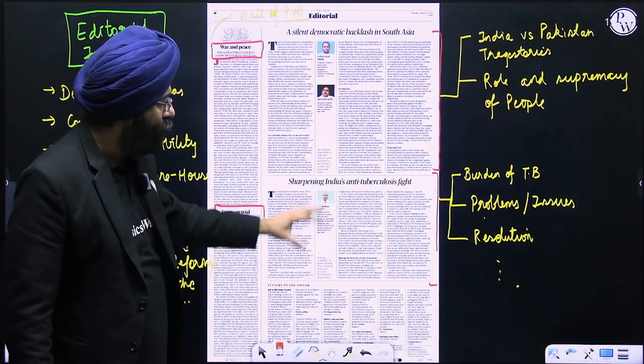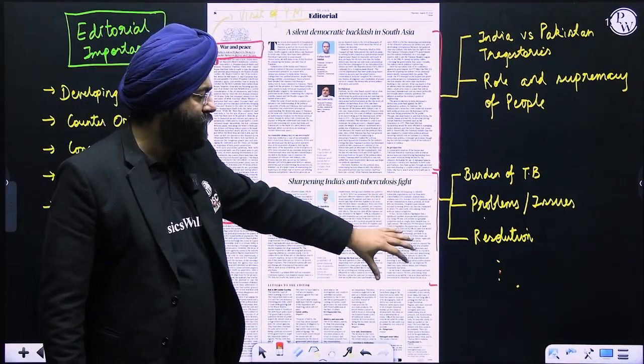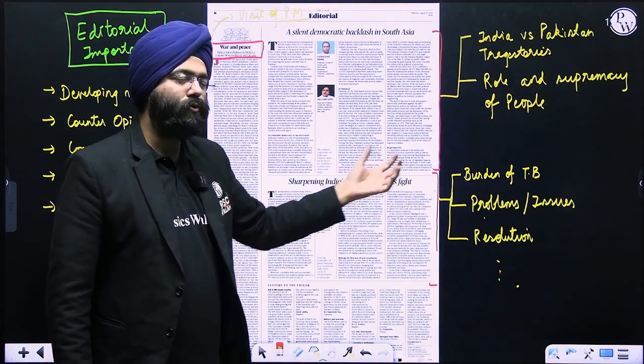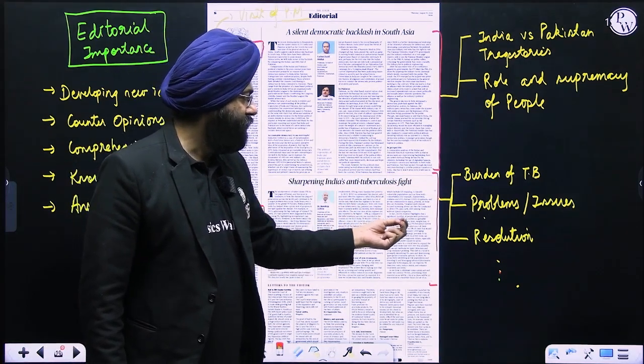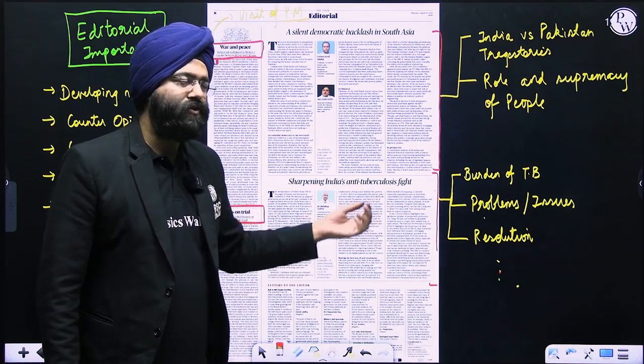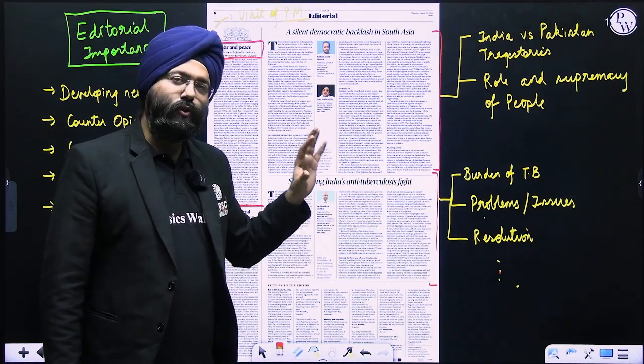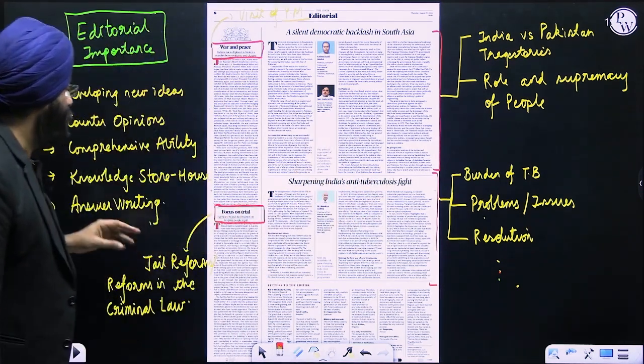You can skim. No need to read every minute detail, but yes, certain problems and resolutions that have been present, or for that matter, the program, the National TB Prevention Survey or strategies that have been mentioned, you can just read that. Those are the things we need to be careful about.